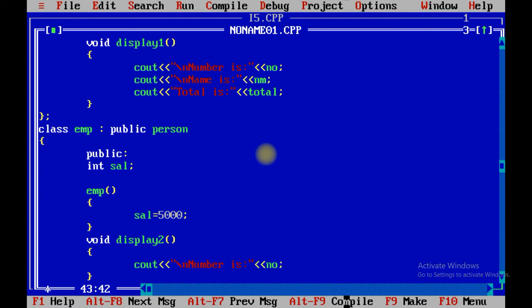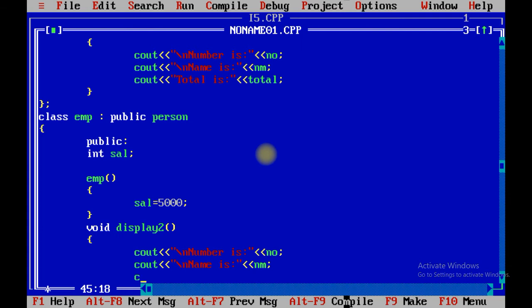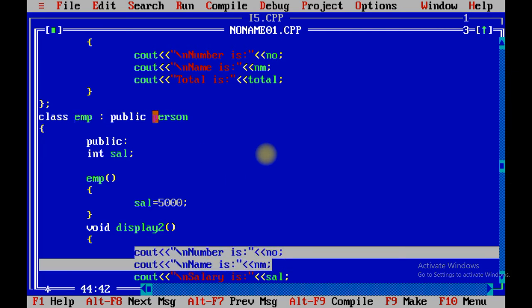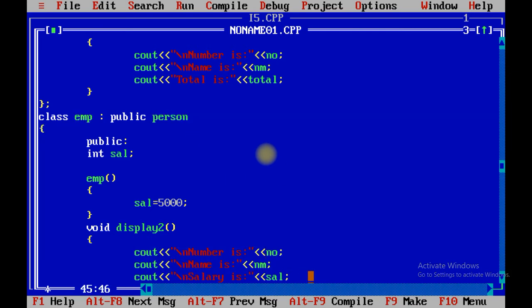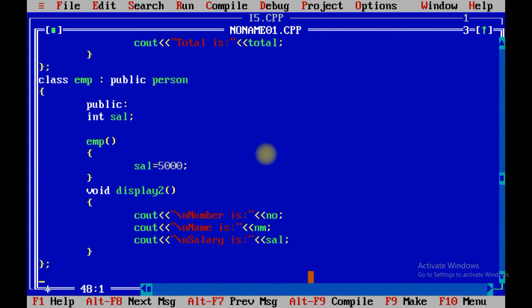Again over here we can print the name of variable also using nm variable, and over here we are able to access salary of employee using salary variable. So this is the personal property of employee class, and these two are the properties which are defined inside person class.